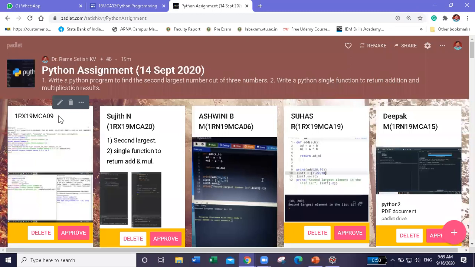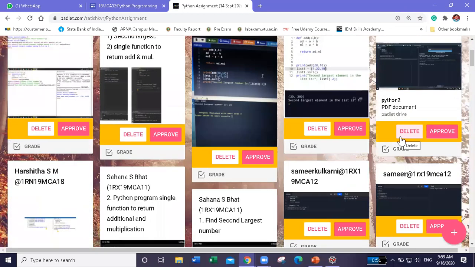So 1RX09, who is 09? I have not mentioned your name. Sujit, Ashwini, Boya Pawan. Oh, Pawan, you are writing. Good. Sachin, you should attend regularly. Pawan, you should regularly attend. Okay, RX, Sachin AM. Sachin. Okay. Suhas, Deepak. That is the problem with this guy. He is Sahana Bhatt, Samir,